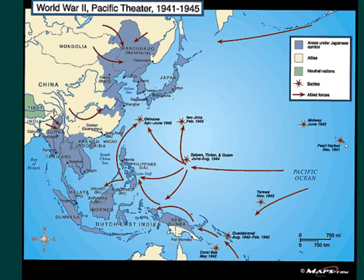Okay, so what we have here is a map of the Pacific theater of World War II from 1941 to 1945. While the battle is raging in Europe between the U.S. and its allies and against Hitler and his allies, we have this whole other war going on in the Pacific Ocean. So that starts with the bombing of Pearl Harbor, which you see right here, in December of 1941,